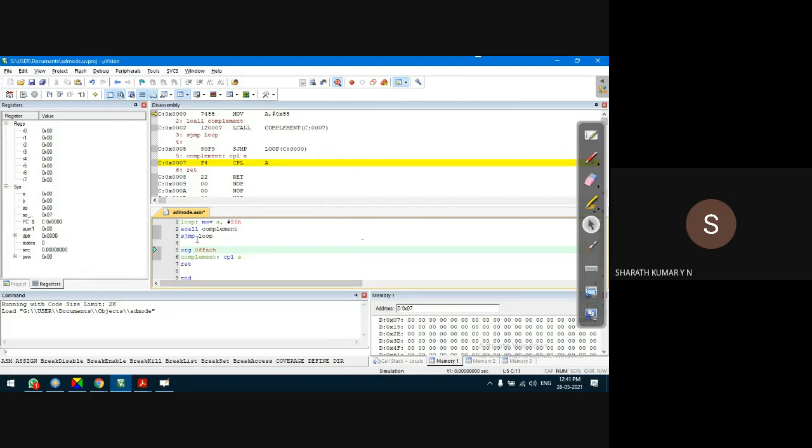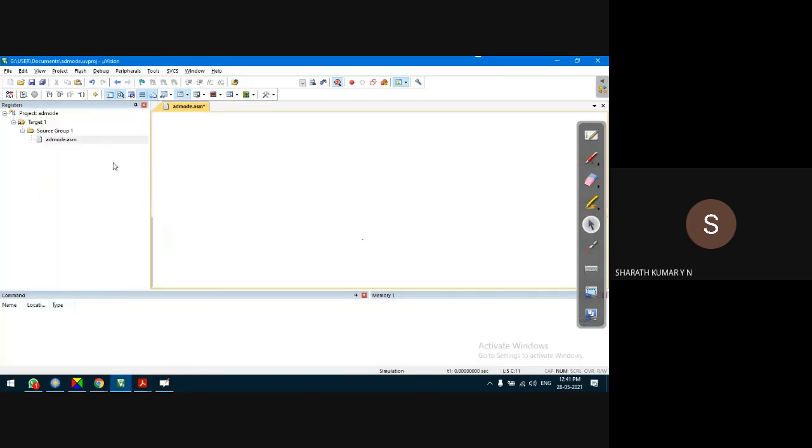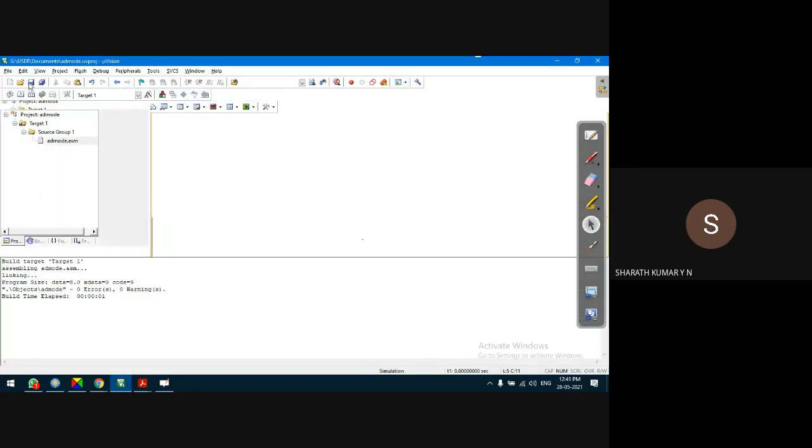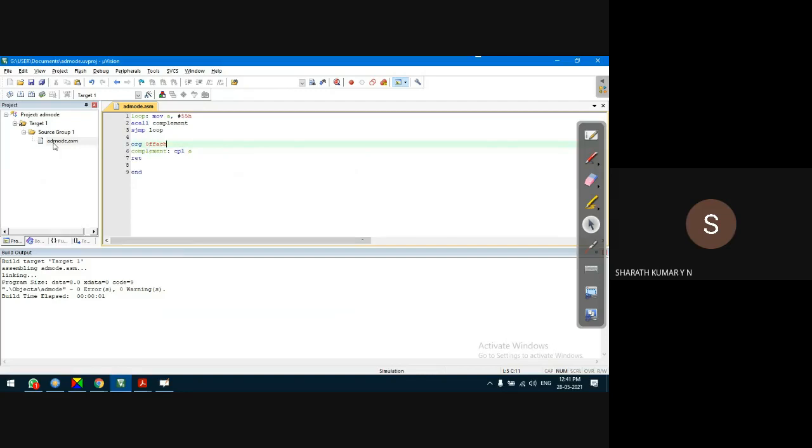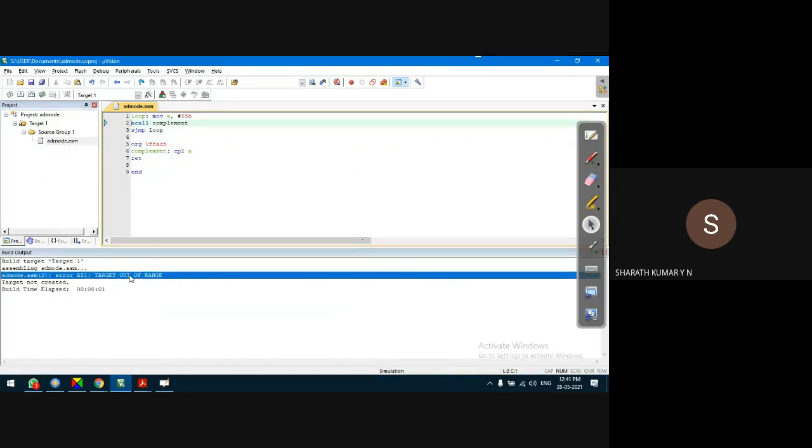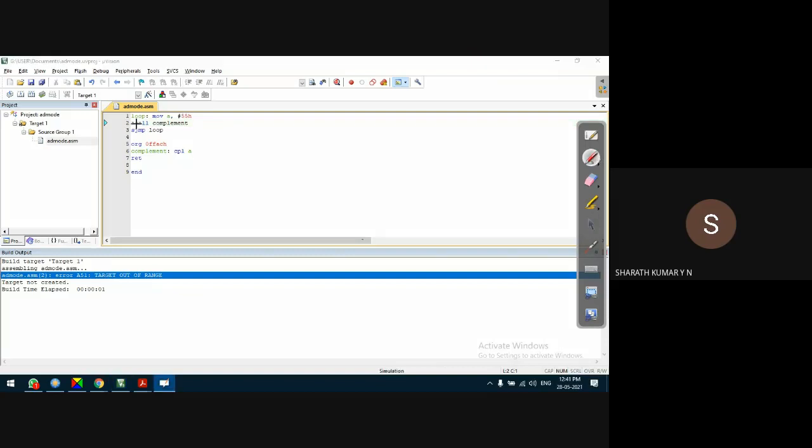Let us see whether the compiler can jump to the target address. That's what I want to observe. I have modified the code, save the code, build target: out of range. Please observe this. The instruction used is ACALL. For an ACALL, the compiler expects that the target address, that is complement in our case, the subroutine complement, should be within the range of 2 kilobytes of memory, 2000 bytes.